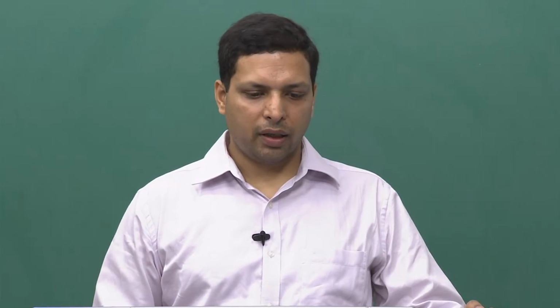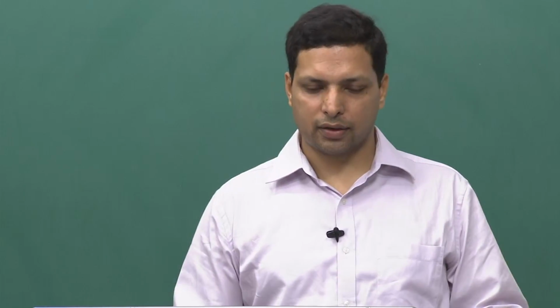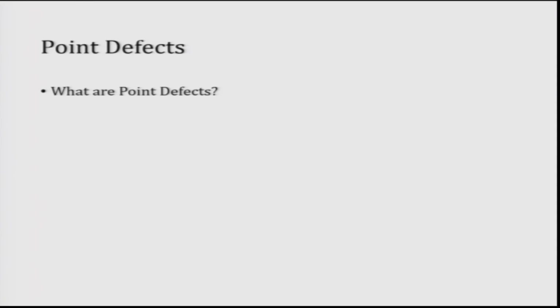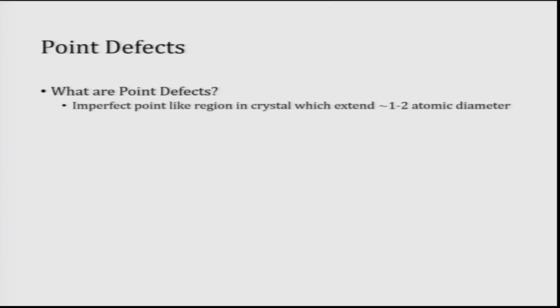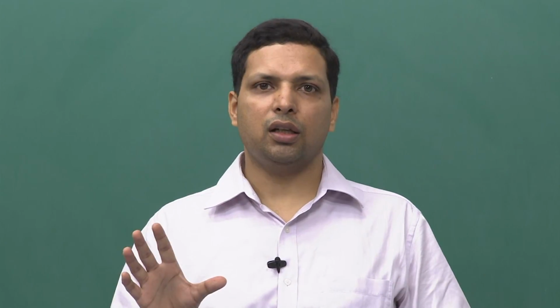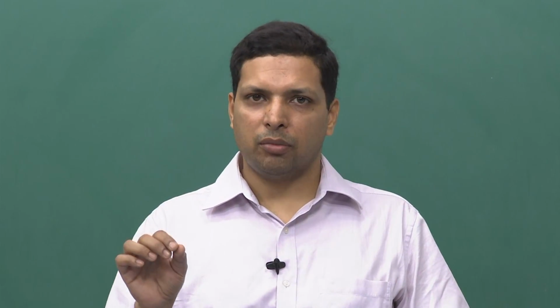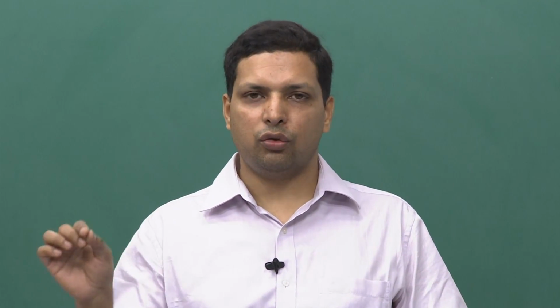To begin with, let us ask the question, what are point defects? I said discontinuity in a crystalline system is a defect, but what is a point defect? How would you define a point defect? A point defect is defined as an imperfect point-like region in a crystal. It is very much like a point which extends up to approximately 1 to 2 atomic diameter. So in a crystalline material you would be seeing some defect which is extending only 1 to 2 atomic diameter,